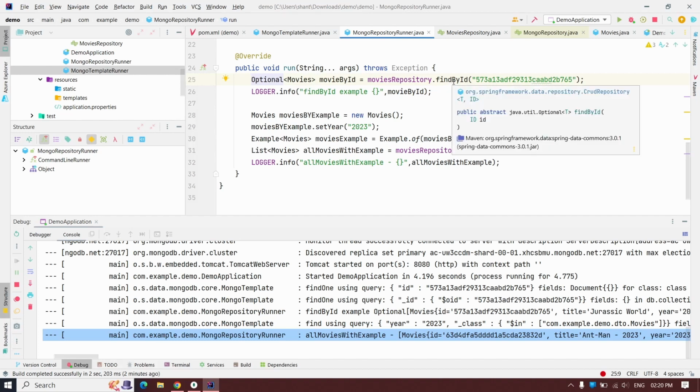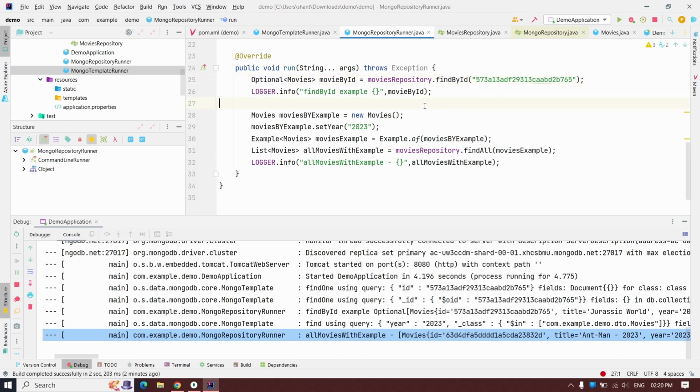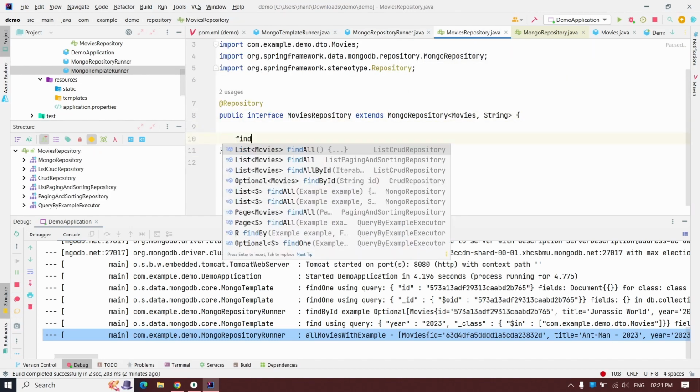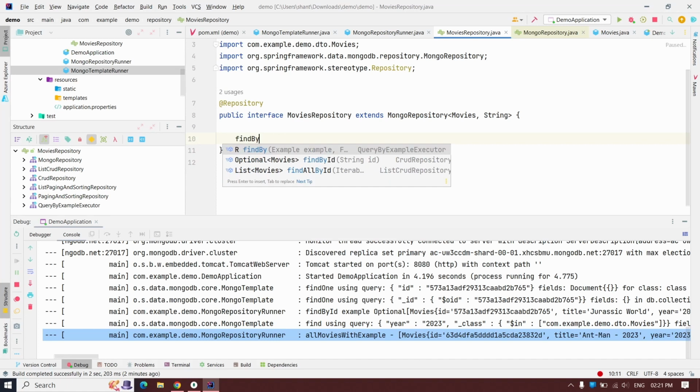All this implementation is understood by the Spring Data framework, and Spring Data will internally create queries for this method and return us back the result. Spring Data provides one more way to construct queries. For example, there is so much code written for getting all the movies matching year 2023. All this code can be simplified by adding one new method to this movies repository, that is find by year,